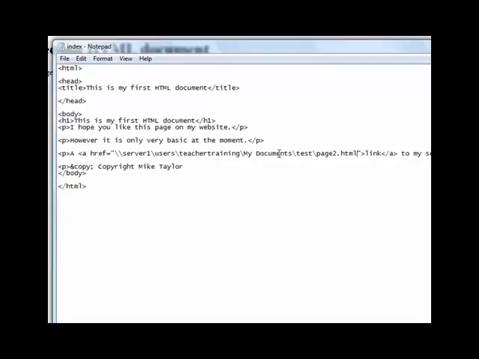So therefore, the way to go is to always use relative links, because that means that wherever you move those pages to, they always know where they are in relation to one another. And just as a reminder, a relative link is where you don't put the precise location on that computer, it's just whereabouts that page is relative to the